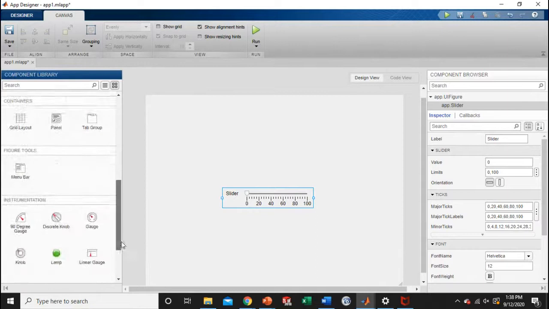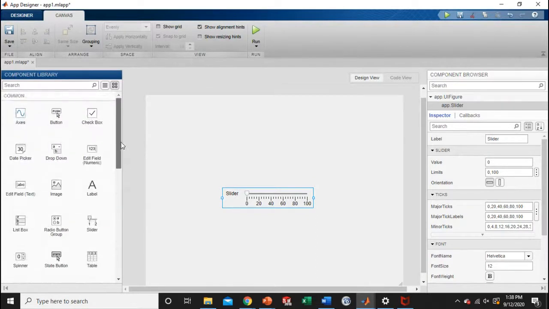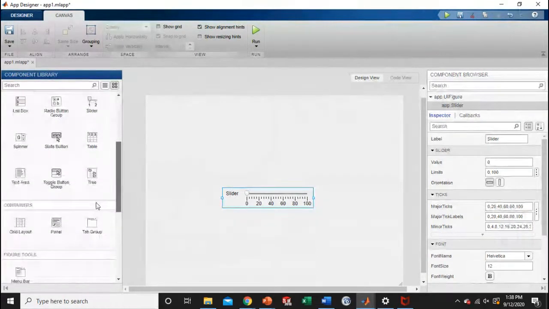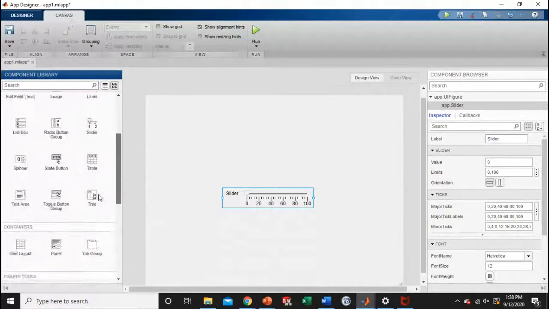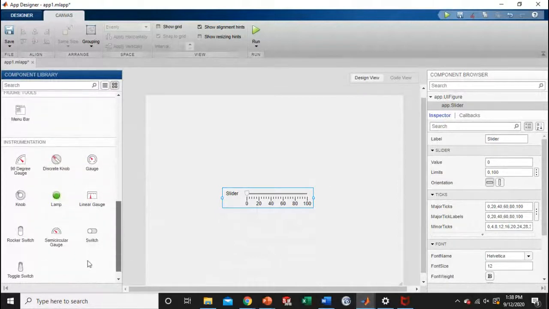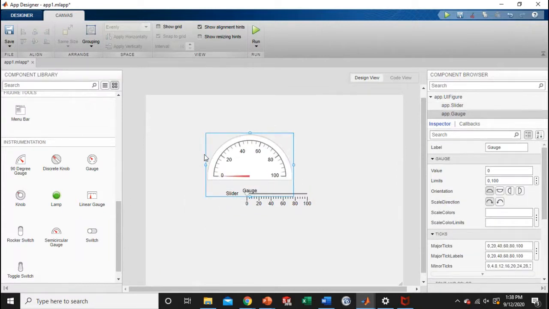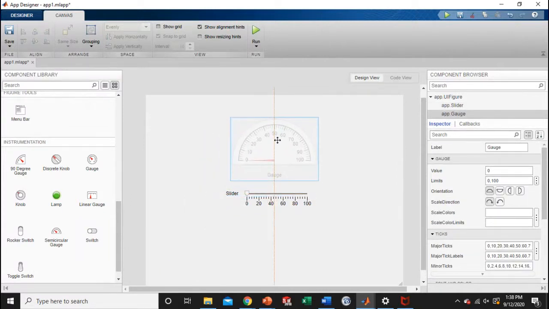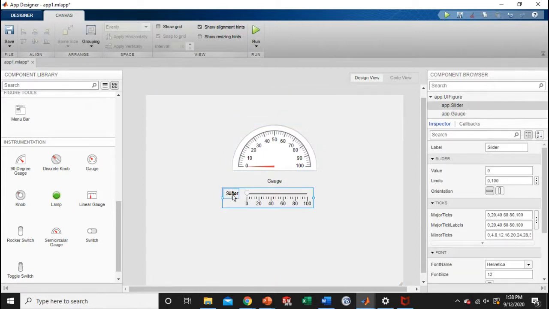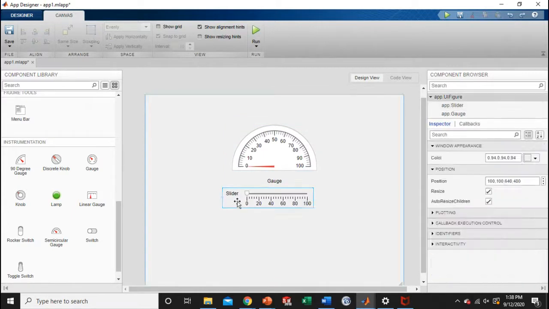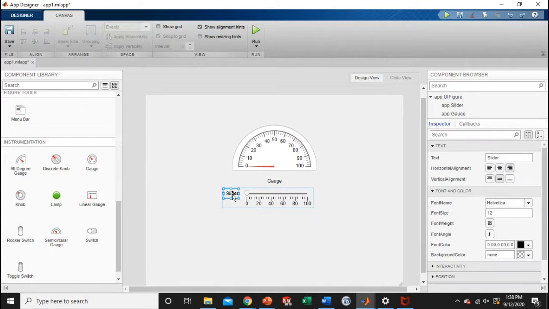I just want to grab these. I have a slider, and then I'm going to scroll down. You have a lot of components in these component libraries. So here's the common ones. I'm going to go to instrumentation and grab the semicircular gauge here and drag it, click and drag, exactly like we did in Simulink, right? So I'm going to have this gauge here, and I'm just going to delete some of these labels for now. Whoops. To delete the label, you actually have to select the label, delete it, select the label, delete